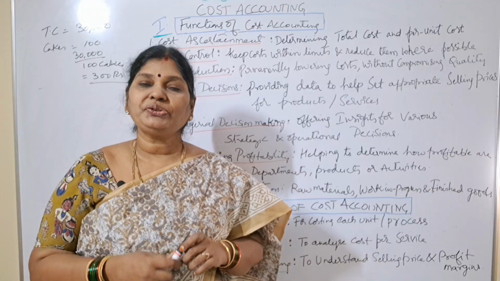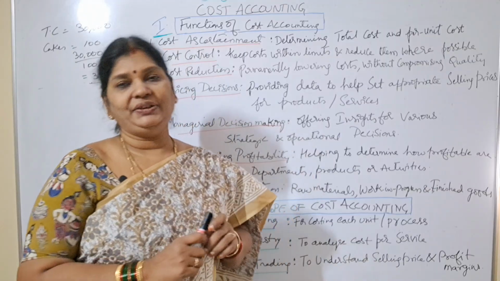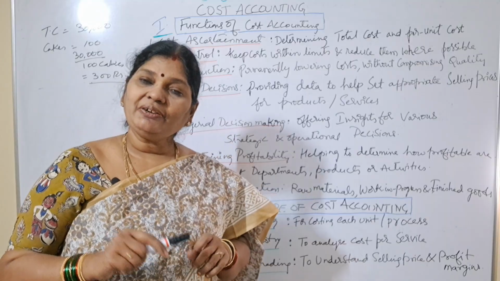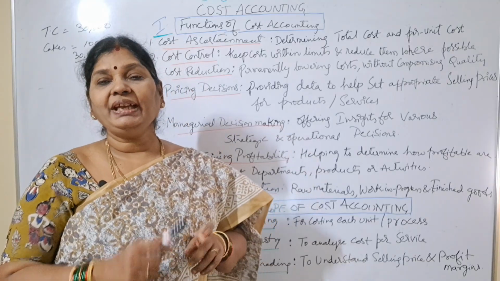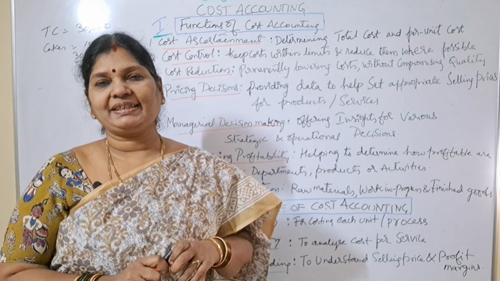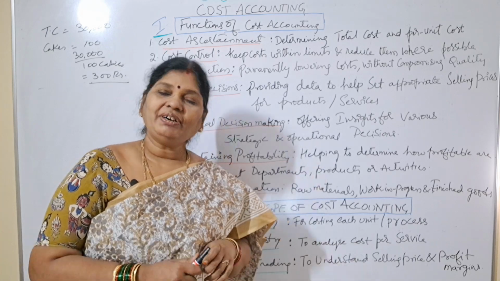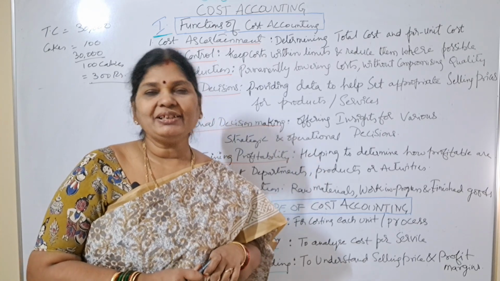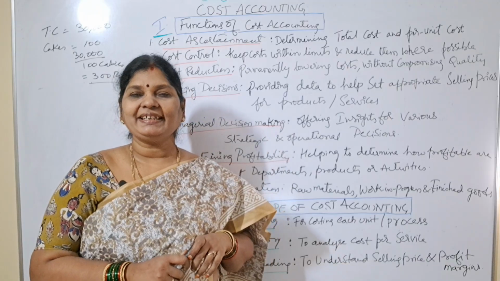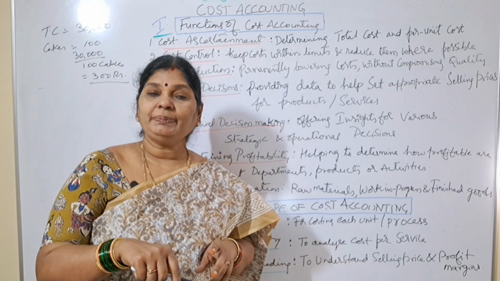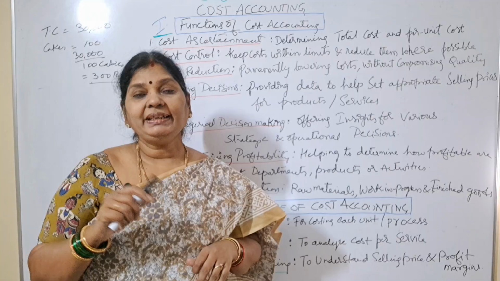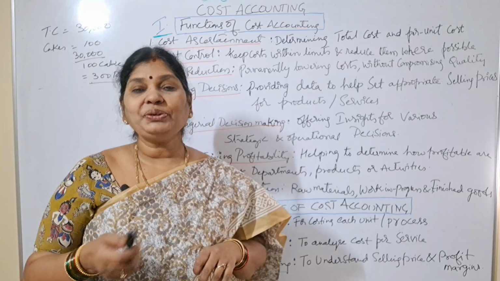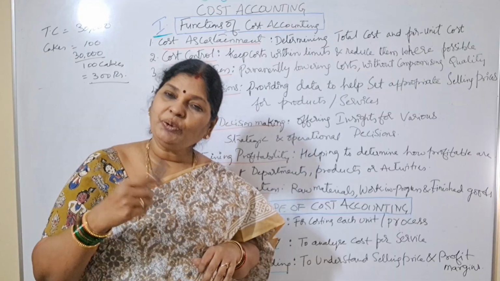So what you should do, you should see that your costs are reduced. So how to reduce your costs? You have to think where you are spending unnecessarily more, there we can reduce your costs. So if you take the example of sweet treats, what is sweet treats doing to reduce costs? After analyzing all the costs that sweet treats is incurring, they have observed in the previous example that their electricity bill is increasing. So why is it increasing? Because they are using an old oven, which is consuming more electricity.